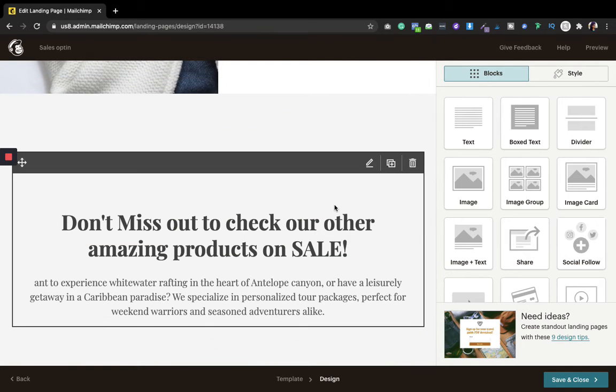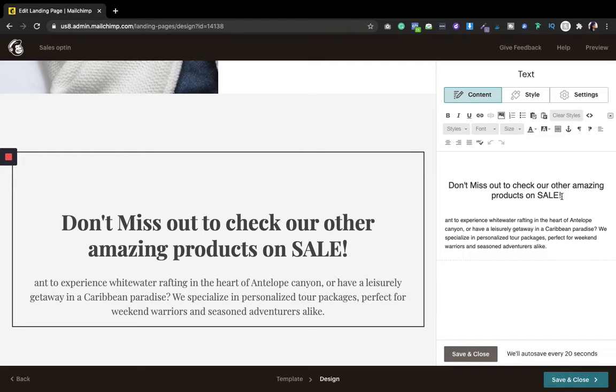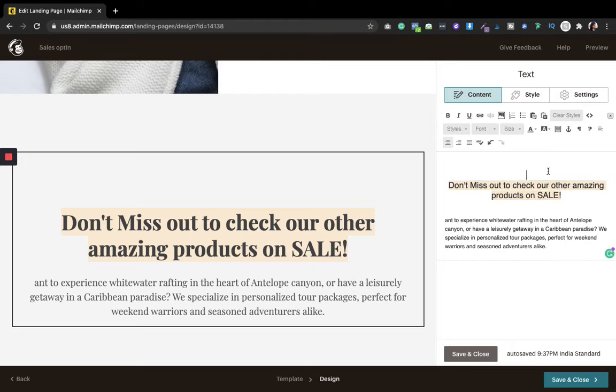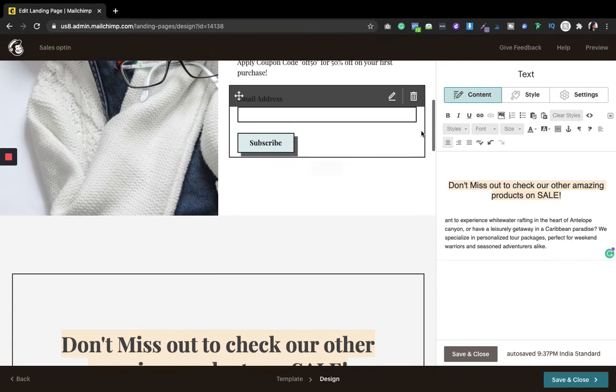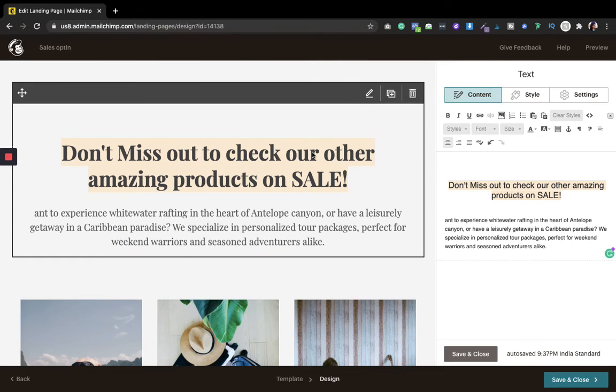Right? So now if I want to just go over here and style it, like if I want to change the color etc., I can do that. For example, if I want to put something like this, and if I want to change the image like this, I can do that, but it doesn't look good, so I will not do that. I will just keep it like this and it's good to go. Similarly, we had done something like that. You can change the color like that as well.